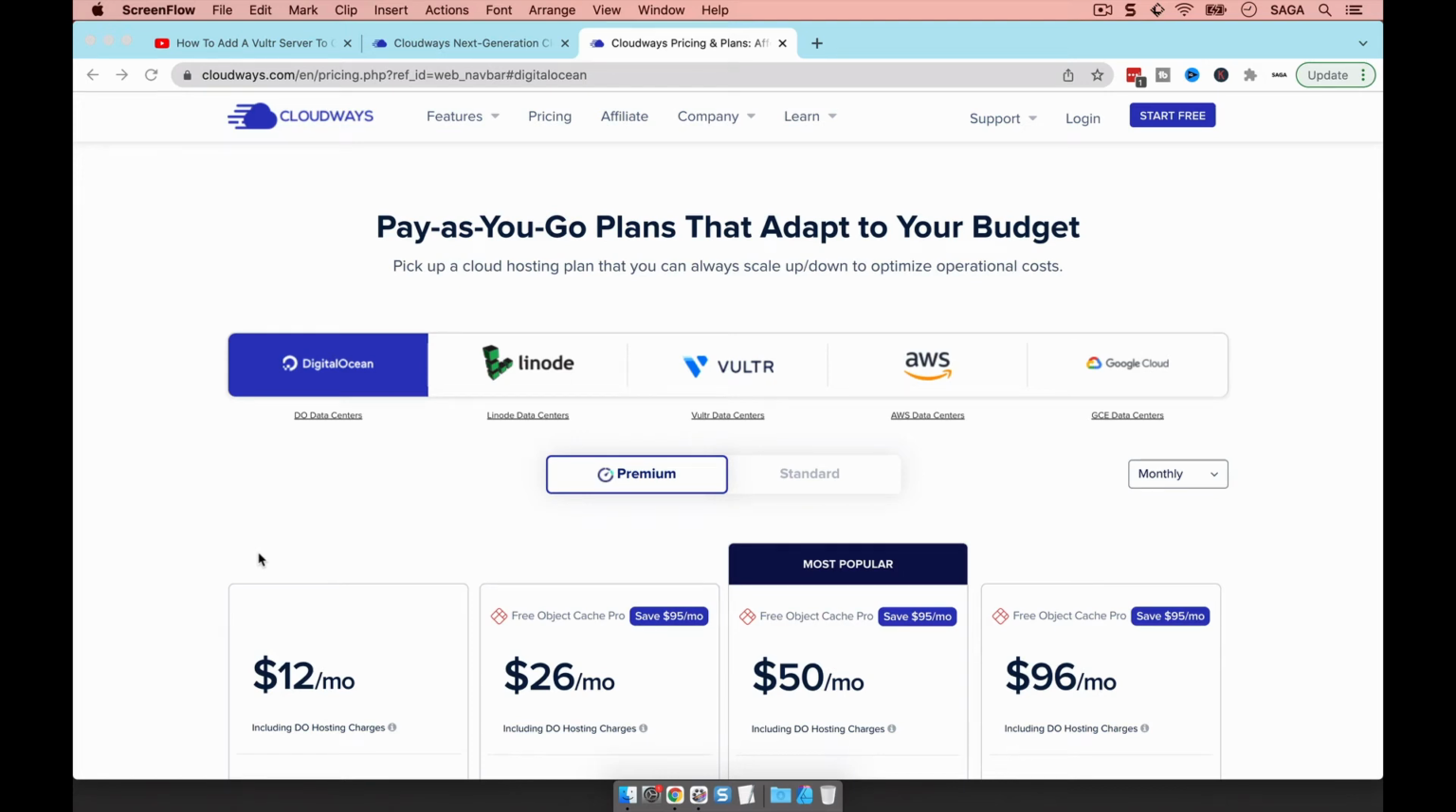What I want to cover with you is basically what is the best server provider on Cloudways. Those kind of questions, usually the answer is it depends because it really depends. On Cloudways, from my experience,